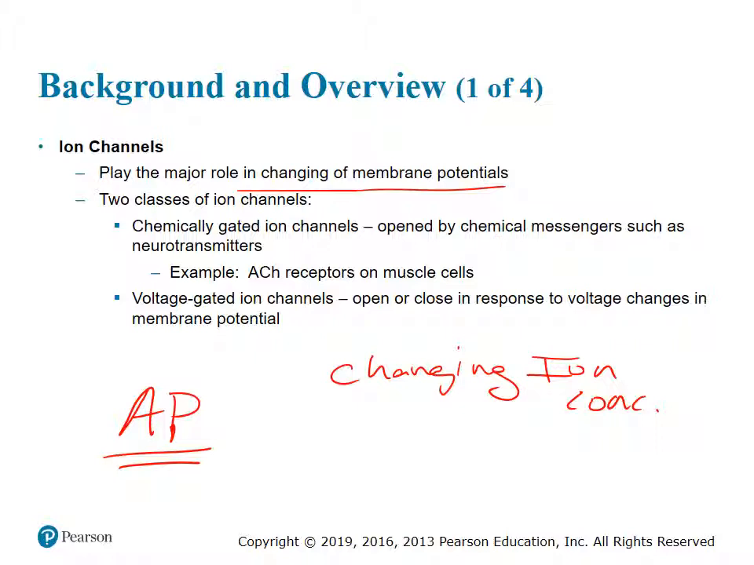When we change ion concentration, that means we let ions come into the cell or go out of a cell, and that's going to change the membrane potential and generate an electrical signal. Because if I separate